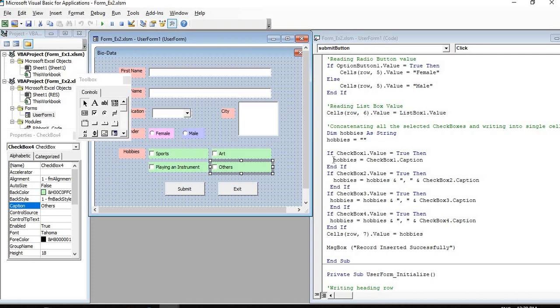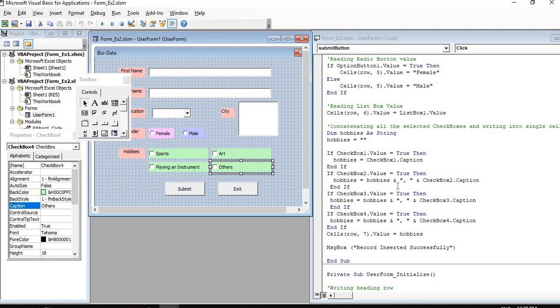So what we have done here is, if checkbox 1 dot value equal to true, then hobbies equal to checkbox 1 dot caption. So we are assigning checkbox 1 dot caption to hobbies. If checkbox 2 dot value equal to true, then we are concatenating the hobbies, whatever the hobbies value is there, with checkbox 2 dot caption also, including a comma. So we want all the hobbies to be separated by comma.